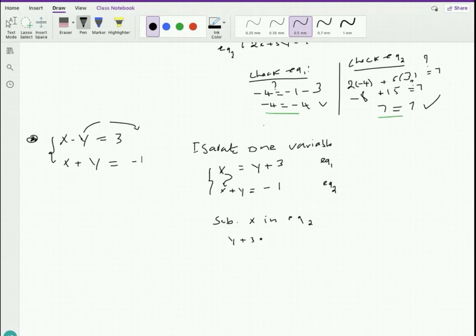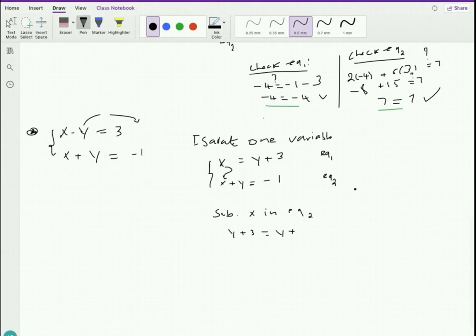So here we have x, which is y plus 3. Actually, we plug into equation 2. So this goes here. You're going to take this, remove it, and instead of this, we're going to write y plus 3. Then the rest of the equation remains the same. We only substituted this: we remove the x, replace it with this here, then bring down the plus y